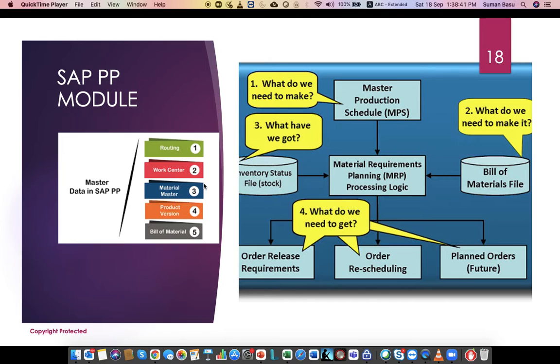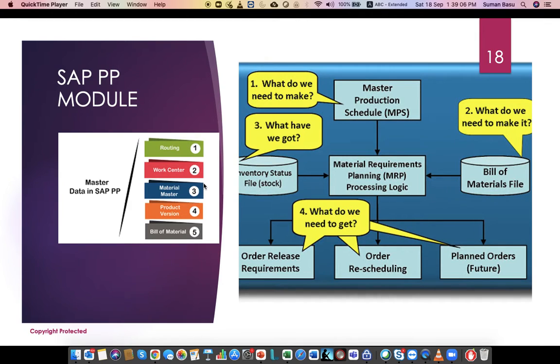One is SAP production planning, which is used for the purpose of manufacturing production. We call it SAP PP. And we will also deal with another important module, which is SAP FICO, which is finance and costing. Now, let's come to the subject, what we are going to learn here. So, what is SAP PP?